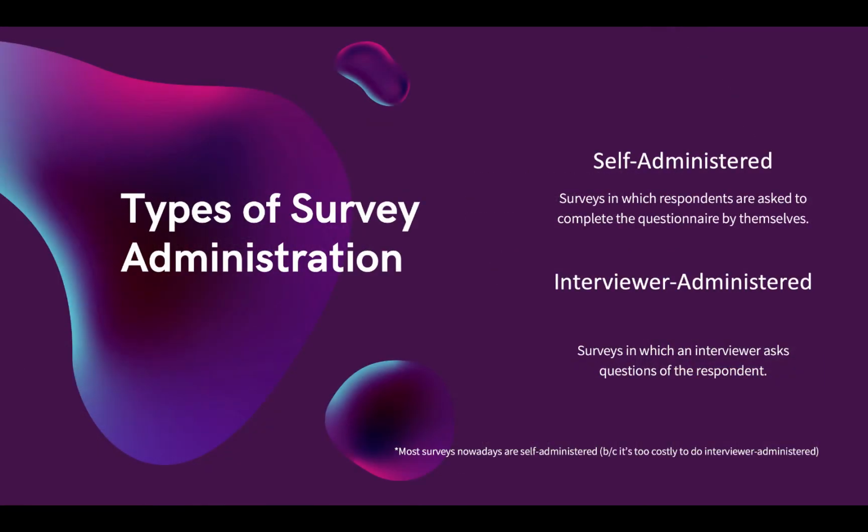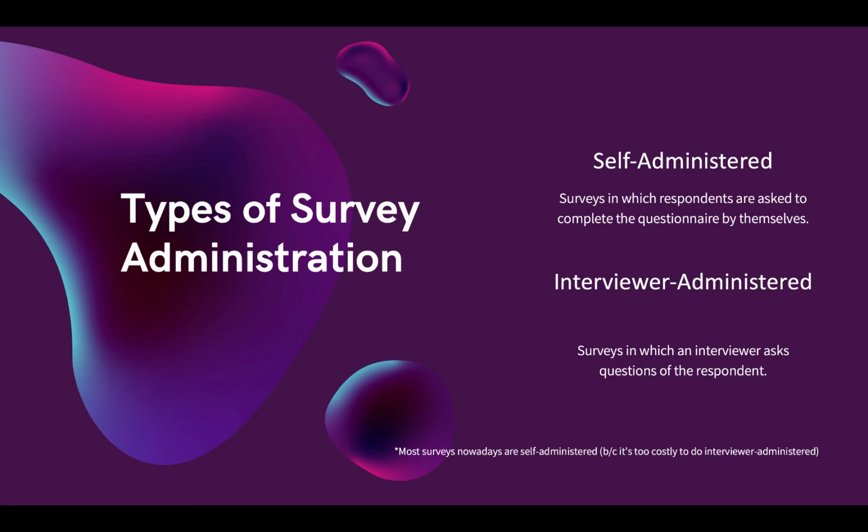We have 2 types of survey administration. On one hand, we have self-administered surveys, meaning that the participants themselves are taking the survey. And then we have interviewer-administered. Interviewer-administered surveys are those in which an actual interviewer comes out and gives the participant the survey. They watch the participant as the participant takes the survey. Most surveys nowadays are self-administered, and that's because interviewer-administered surveys are often too costly. You have to hire somebody to go out and watch somebody take a survey, whereas self-administered surveys you can do